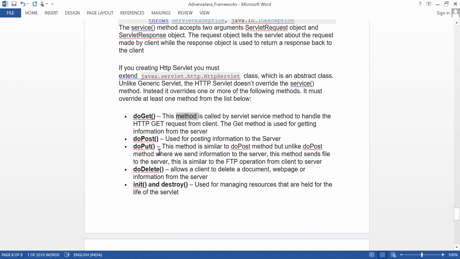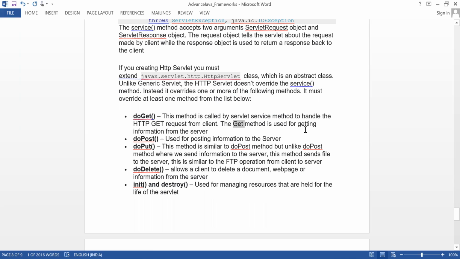All the modification comes through doPut. If you want to delete something from a web page, you can use delete. And init and destroy are used to initialize or close the servlet. Okay, here I have used doGet.